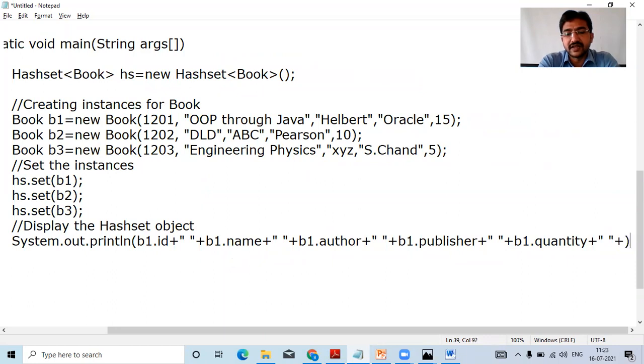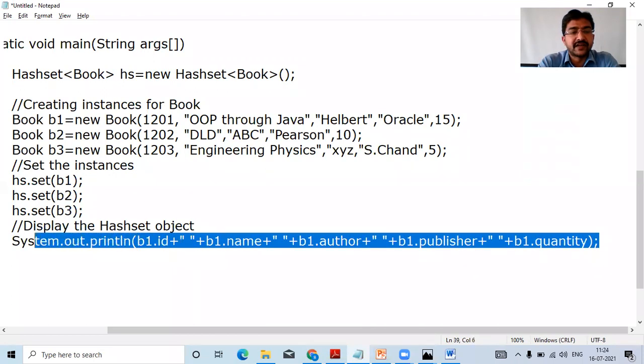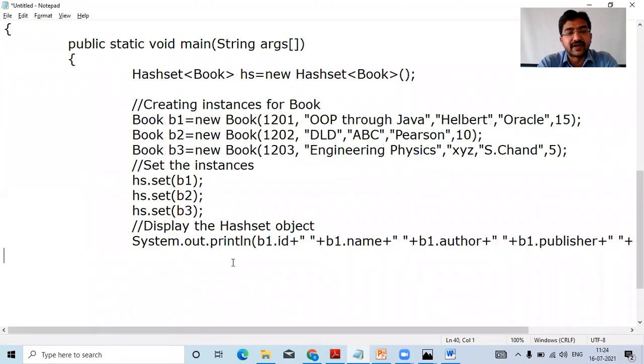So this is the end of it. If you want a space over here, you can add, or else at the last you can use this semicolon, right? So for the b1 object, we are going to be displaying all the five instance values.